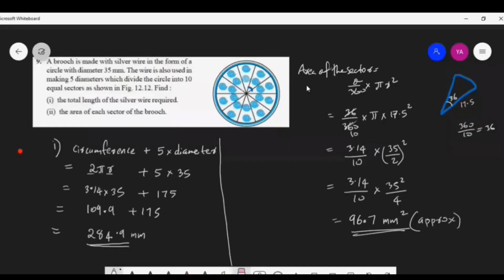Also, there was a chance to make the calculation a little more simple. You look here. In the third step, we substituted 3.14 for pi. So just think, if we had substituted 22 by 7 for pi, there was a chance to divide one of the 35 by 7 in the denominator, right? 35 square can be written as 35 into 35. Then we can divide one of the 35 by 7, we'll get 5 in the numerator. So the calculation could be a little more simple. So we don't go back because we already got the answer. Now we move to the next question.